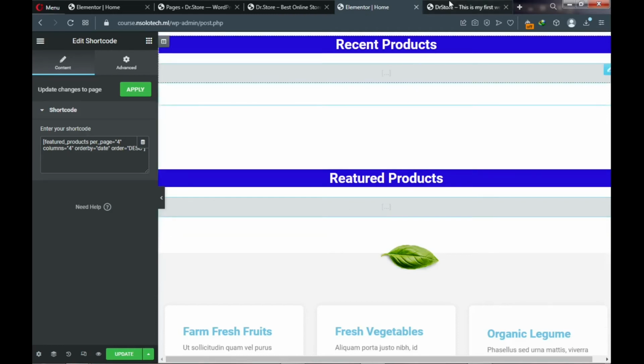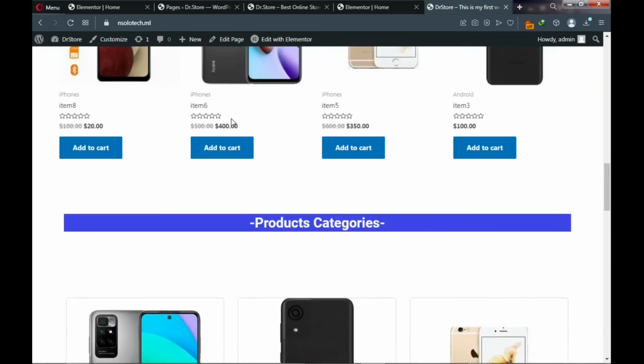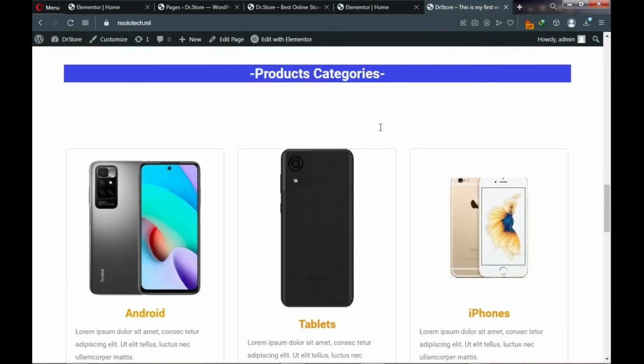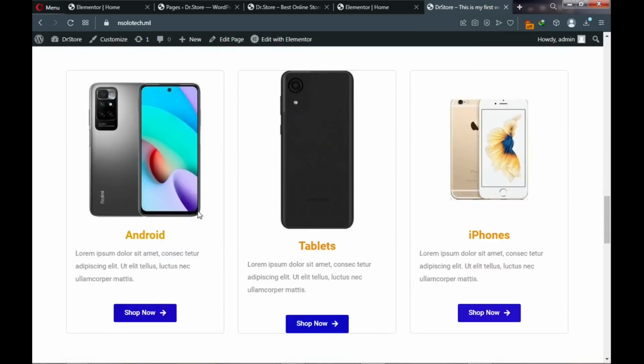Next, let's go back to the website and see what is there. Currently I have 0 products on the website, and that's why you're seeing nothing on the home page. Okay, you won't see any products until I start adding products. So go back there and scroll down. You can see this area, and that is the categories